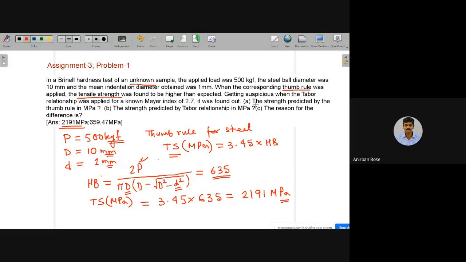So this is the first part, the strength predicted by the thumb rule, and this is the answer. It should come like that. Now coming to the second part of the problem, since it is coming 2191 megapascal, it has been observed that this value is higher than what is expected of that material. So that is why the Tabor relationship is applied, and if you apply the Tabor relationship,